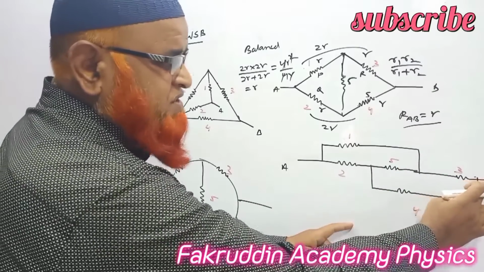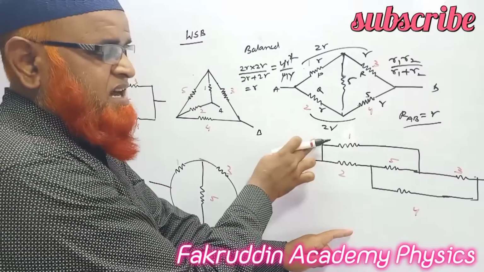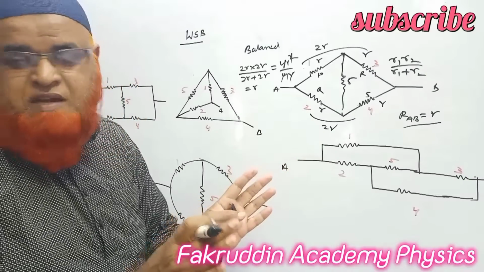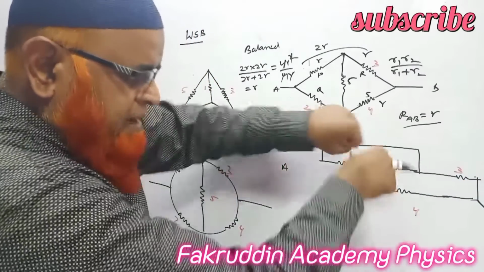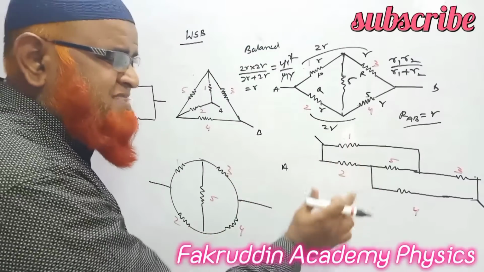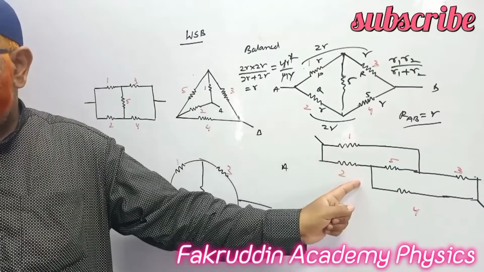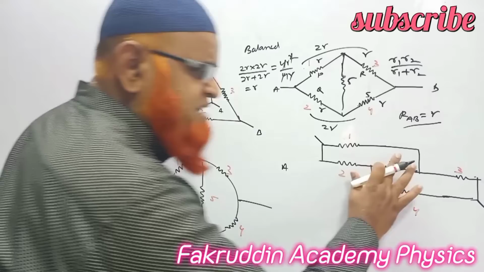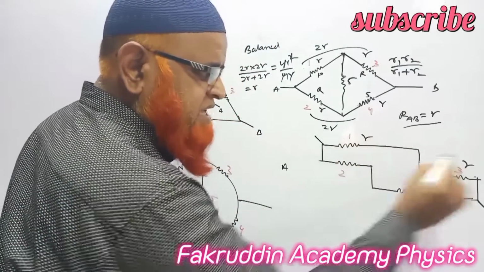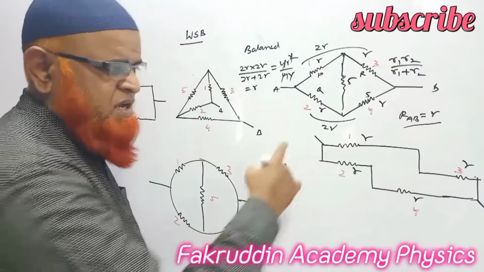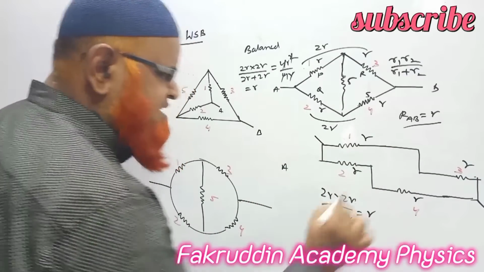Understand? Here, this terminal, instead of connecting here, it is connected here. Here if it is connected or here it is connected, doesn't matter. Nothing happens here. So when you keep these terminals here and pull it like this, is it not this Wheatstone bridge is getting this type of shape here? And in a balanced Wheatstone bridge, no current passes through this. So what does it mean? These two are in series. These two are in series. So 2R into 2R by 2R plus 2R, which is equal to R, is the answer for this.